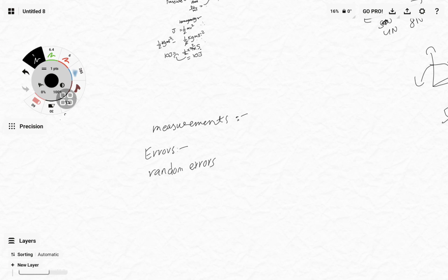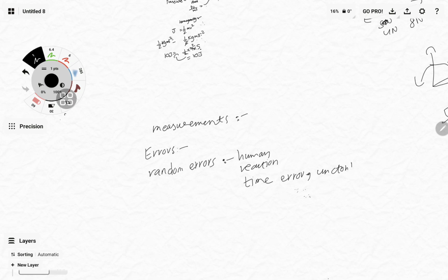Random errors, which will be for the human reaction time. I will just note it down so both you and I remember this. Human reaction time error. Random error, human reaction time error,